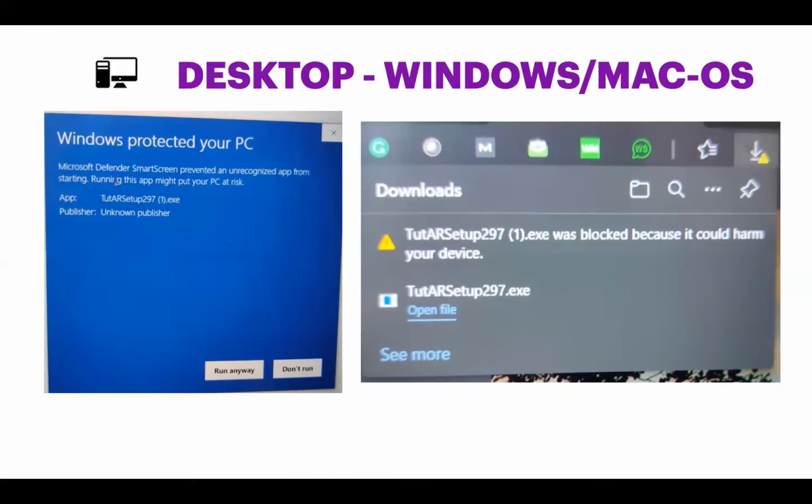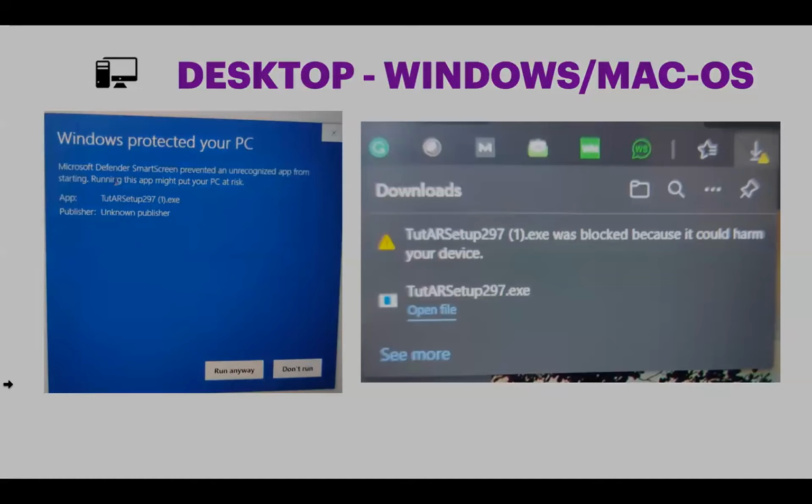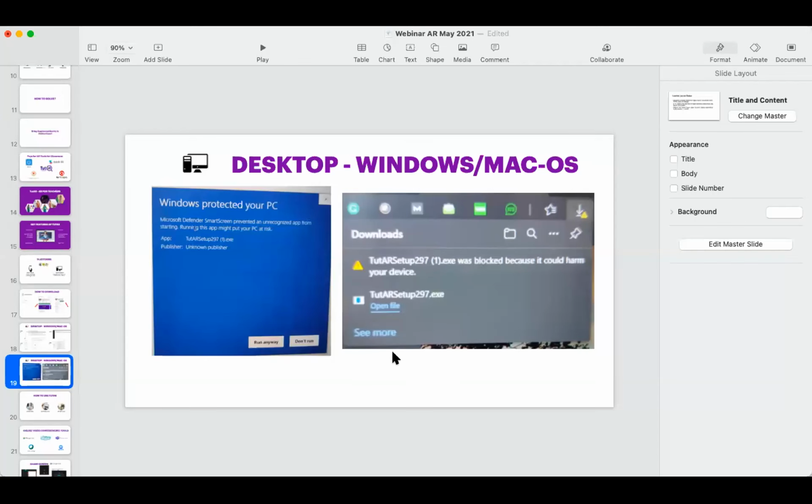Or else it will show that the .exe was blocked because it could harm. Just click more information, or advanced, then click run anyway. It is not any virus; we are just very new to Windows applications, which is why it shows this error, and you're downloading from the website instead of the Windows store. So when this appears, you can just click run anyway.